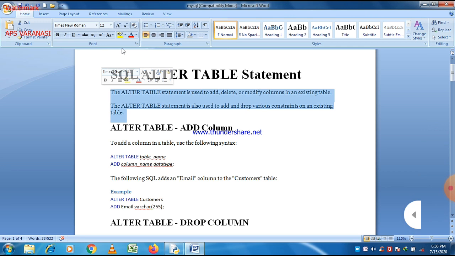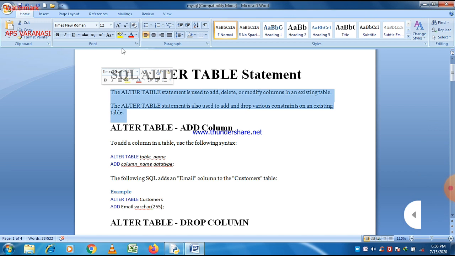Second, we can remove a column or any number of columns in an existing table. And third, we can modify the size of a column. So there are three types of possibilities here.